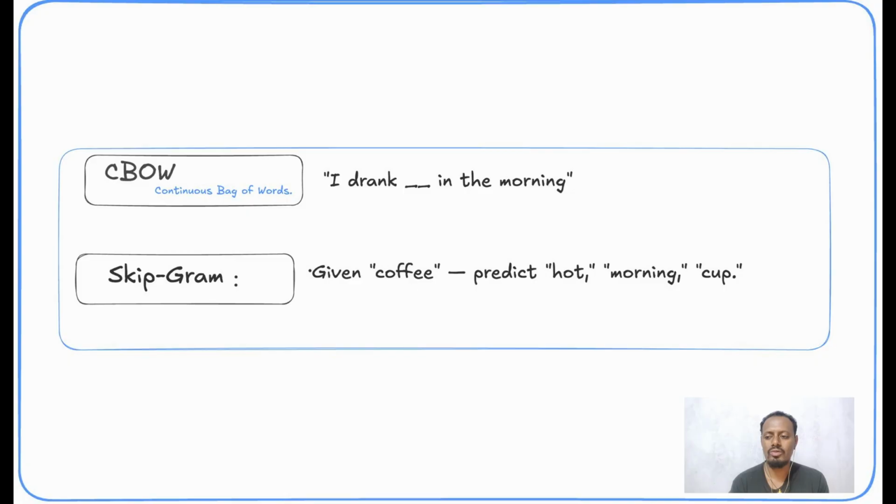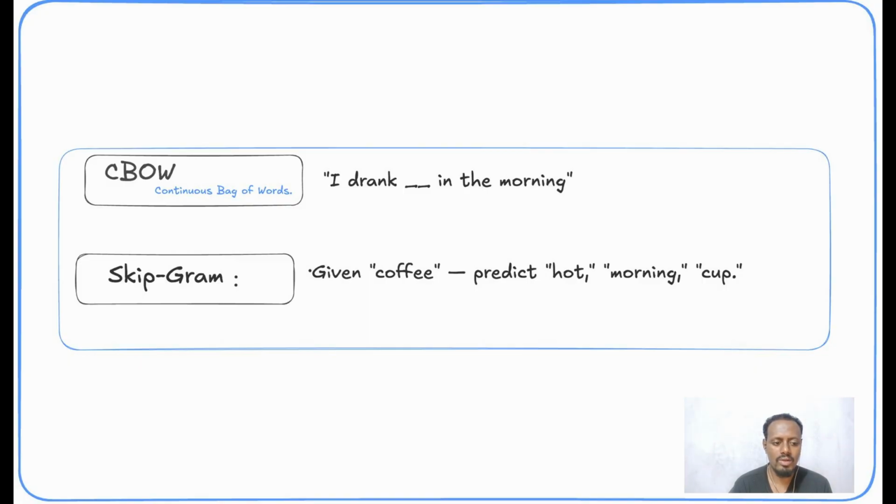The model discovered all of this just from reading text. So how does word2vec learn these vectors? Here is the intuition. The foundational idea is this: you can understand a word by the company it keeps. If coffee always appears near words like morning, hot, cup, and drink, the model can learn what coffee means just from that pattern.